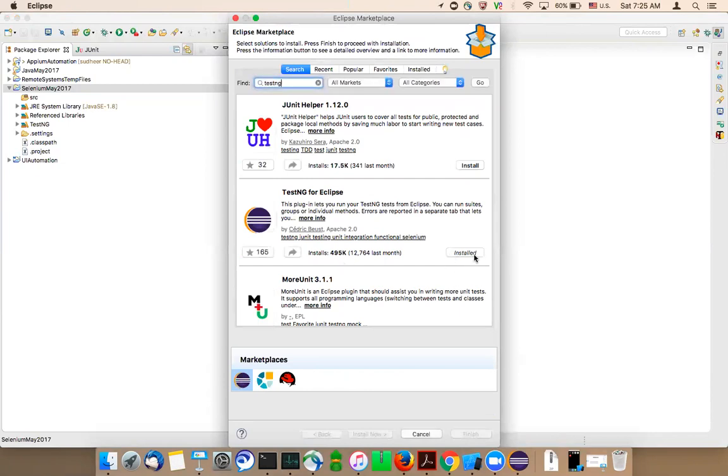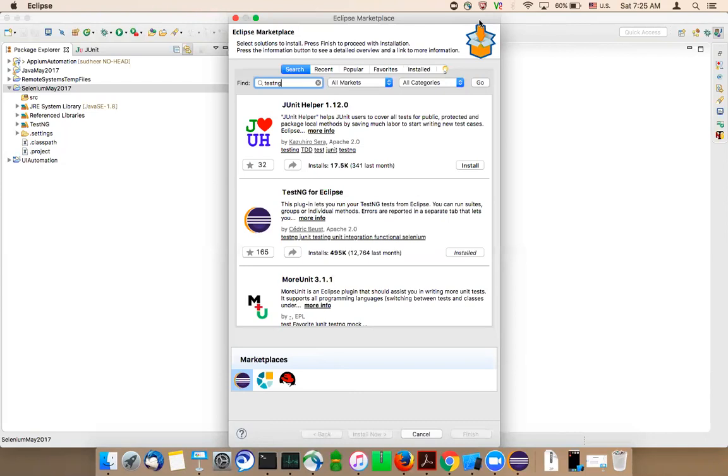In my case it is installed. So make sure, before you integrate the Selenium jars and TestNG library to the Java project, that you have installed TestNG for Eclipse plugin.